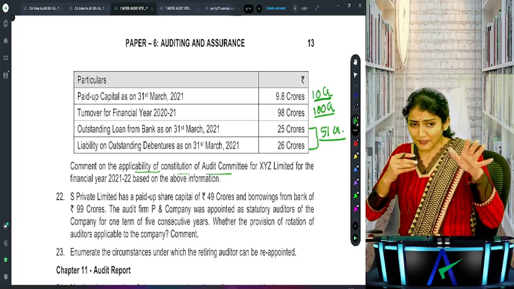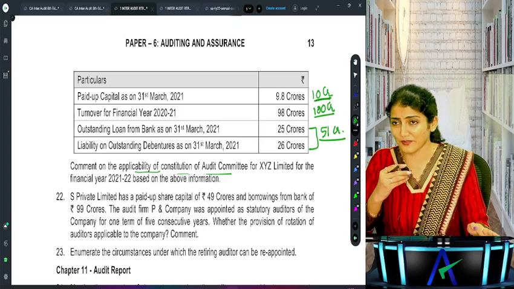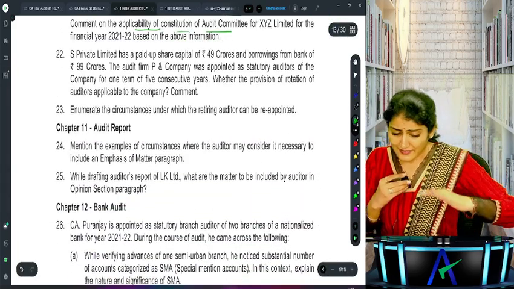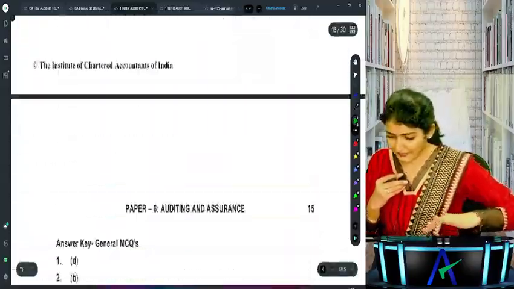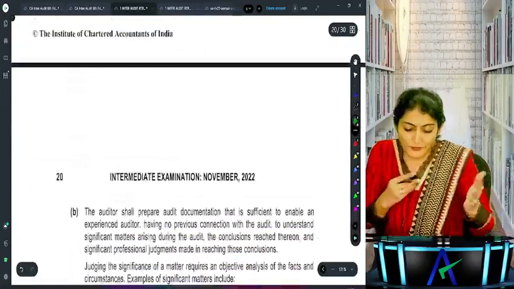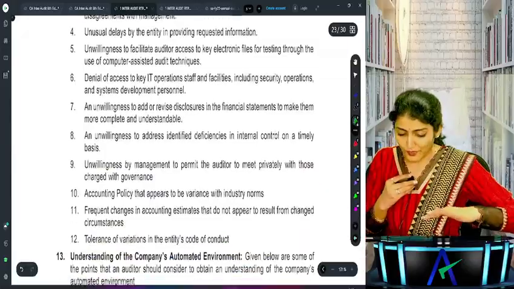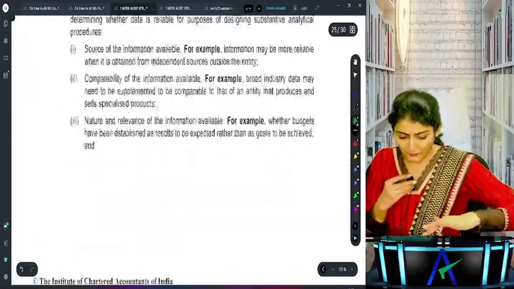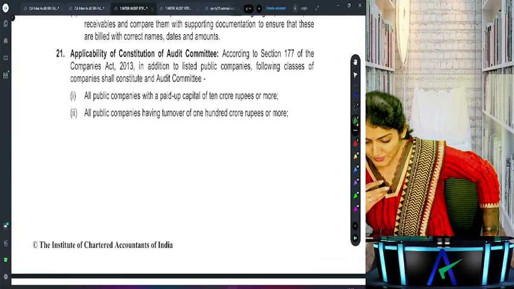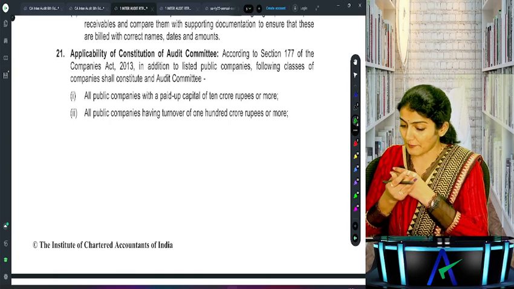So are you writing? It is a different thing to discuss a concept, to know an answer and to write an answer. And sometimes, in spite of all this, it is still a challenge to write answers. So my very genuine advice, for those who have identified that writing is a problem for them, I'll just tell you about it. Right, so applicability of the constitution,